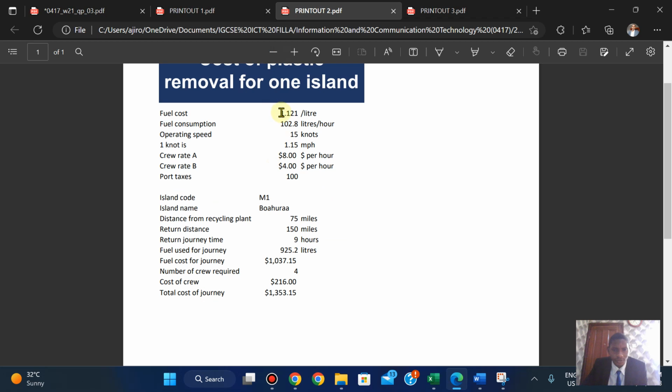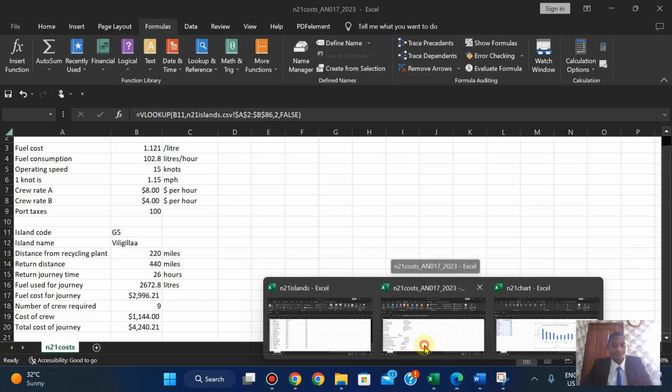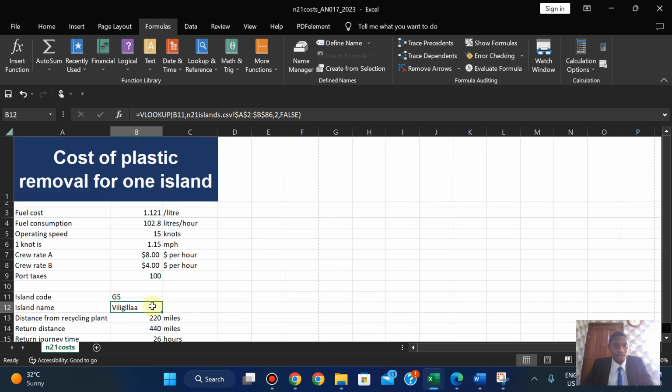The cost is in dollars, should be in dollar. And let me see, am I missing anything? Port taxes should also be in dollars. Let me just quickly fix it. It was in M1, so